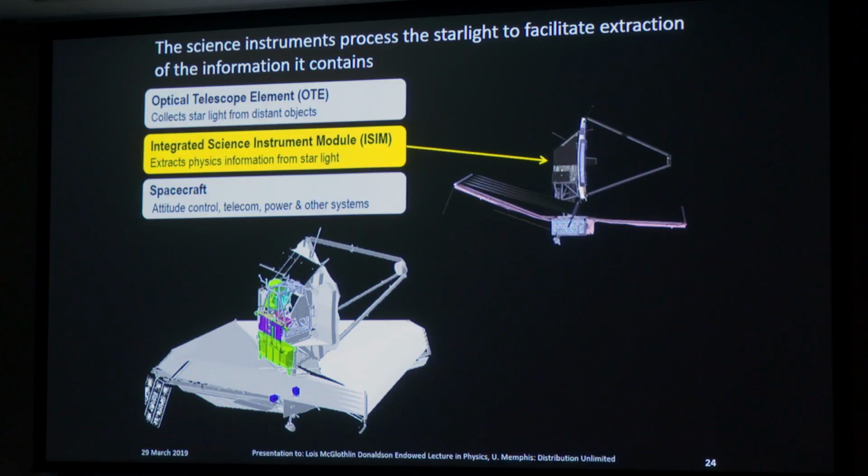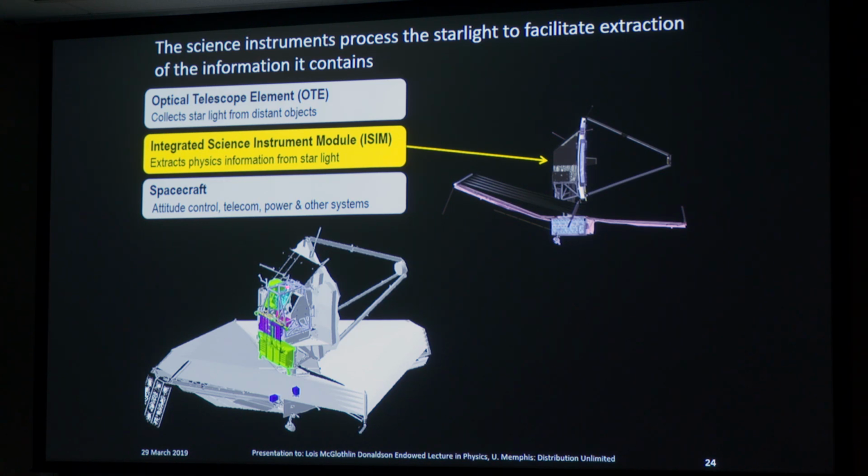All right, the telescope. The function of that giant mirror in the system is to collect the light from the faint objects that we're going to be observing. And it sends that light to the science instruments, which are located on the business end of the telescope, the back of the telescope here. And those science instruments help us extract the physics information from the starlight. Everything we know about the universe around us comes to us encoded in starlight.